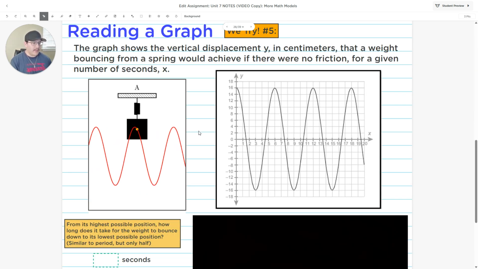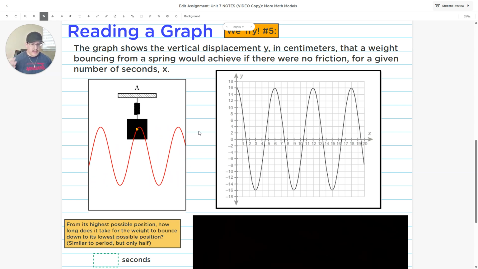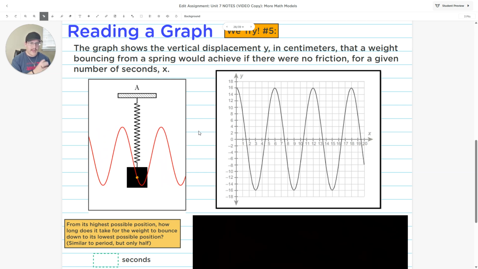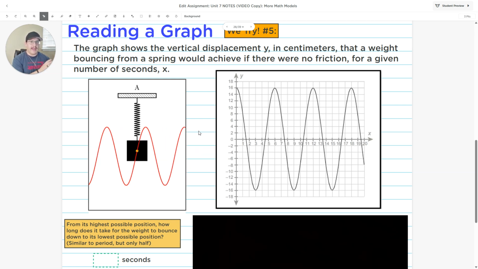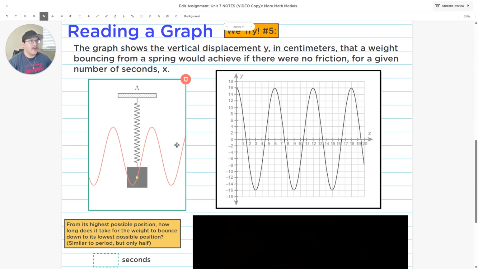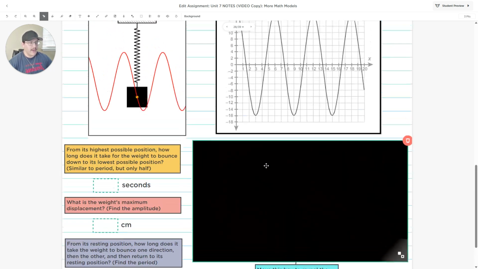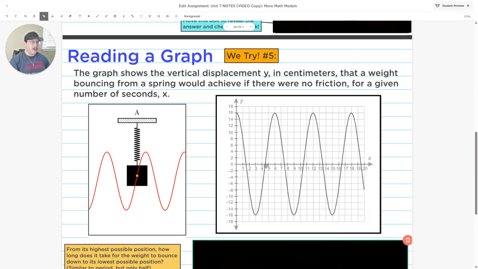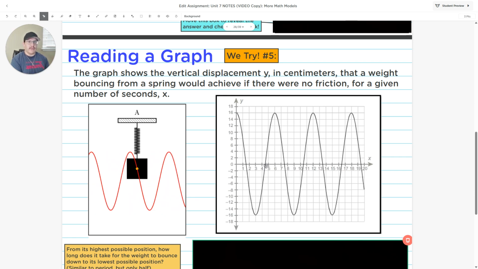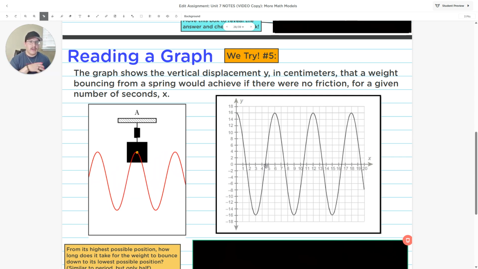Okay, so now we're going to go through some scenarios, some word problems here that depict a certain thing in the real world that's happening and the graph that it creates, and we're going to answer questions from that graph. So in this example, it's a we try. So if you would like, you can go ahead and pause this video, go through the information, see if you can answer these 3 problems, and then check if you're on Classic, check behind this box right here. But for the most part, I am going to go through this with y'all and walk y'all through it to get y'all to understand what to look for, how to look through the information and get your answers for this